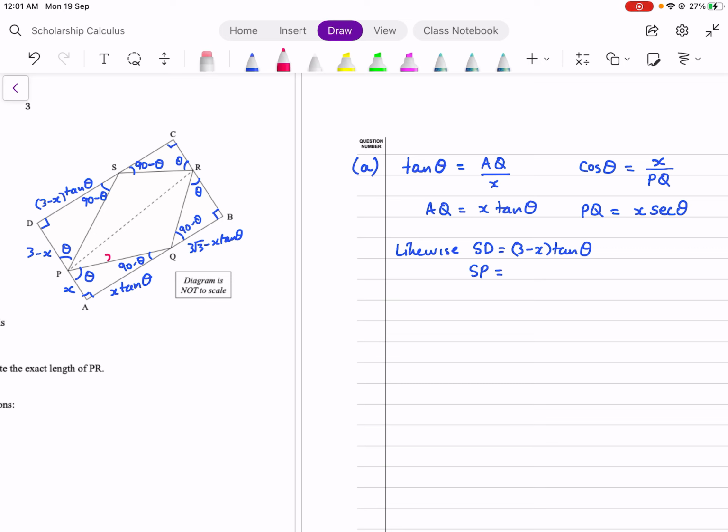So I'll make this one red. X sec theta. Okay, 3 minus x tan theta, we've got that for SD, we need SP, adjacent over hypotenuse again, so it's going to be 3 minus x times sec theta for SP. Okay, what else have we got? Okay, if we wanted RQ, okay, RQ